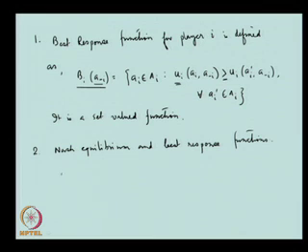So we say that A star is a Nash equilibrium. Remember, A star is a vector of actions. It's like A1 star, A2 star, etc., An star. So this vector of actions is a Nash equilibrium if and only if